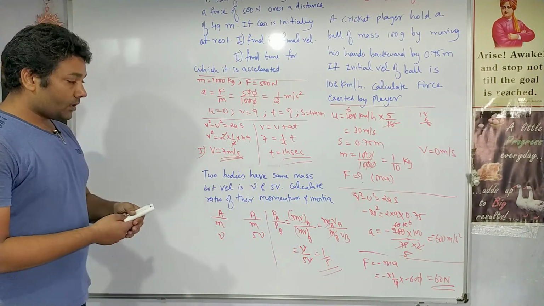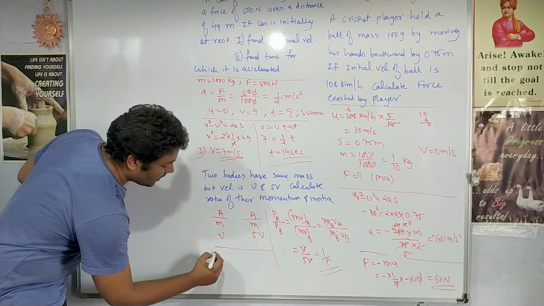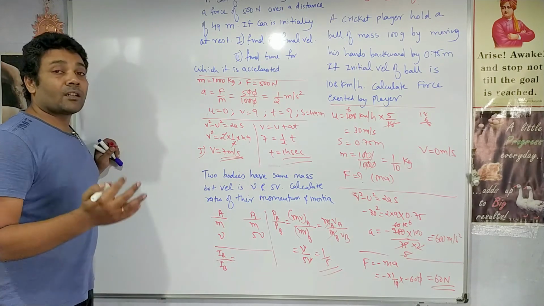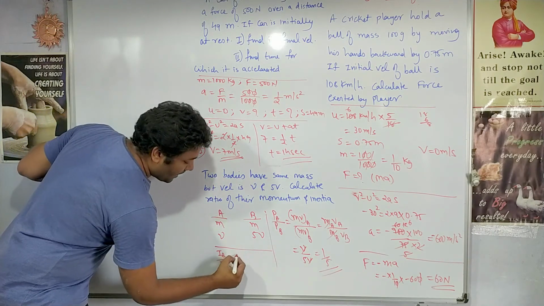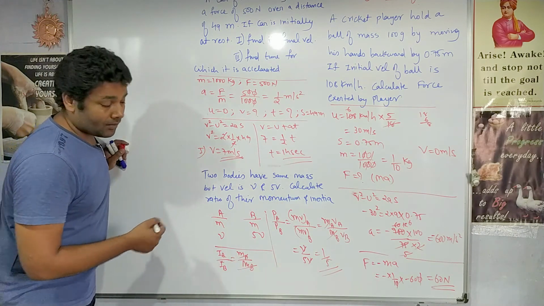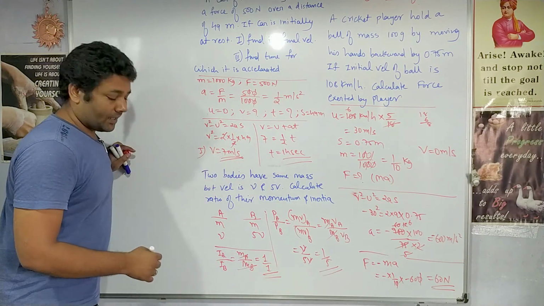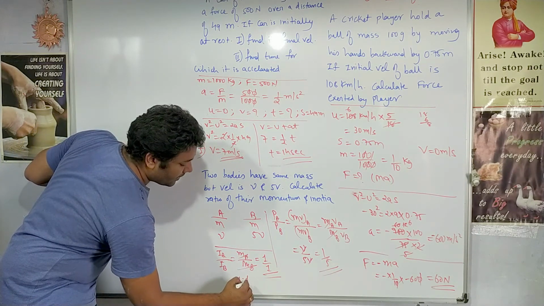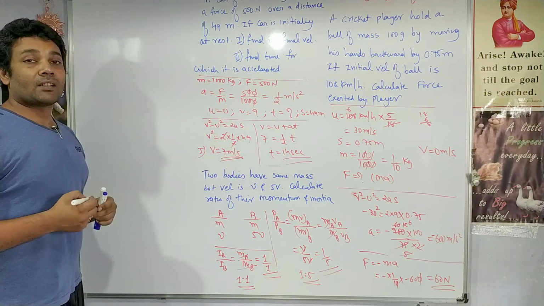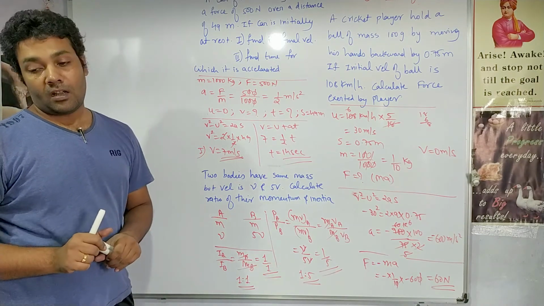Next we have the ratio of inertia. So what will be the ratio of the inertia? That is inertia of A upon inertia of B. Inertia is nothing but mass, so mass of A upon mass of B. Both of them have the same mass, so here the ratio will be 1:1. It is asked in ratio form, so you write it this way. Here also you write your answer this way. Since they have asked for answers in ratio format, this is the correct format to represent the answer.